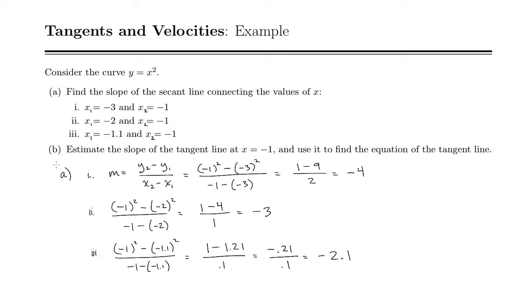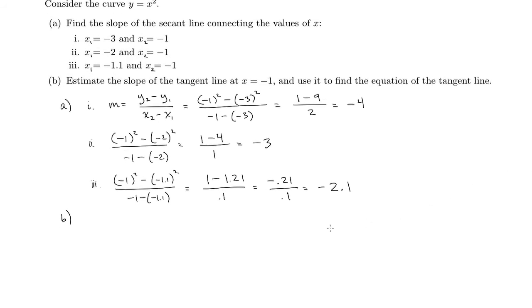All right, now for part B, we're going to estimate the slope of the tangent line at negative 1. So notice we've always had negative 1 as a point, and then we've been taking other points closer and closer to negative 1. And so we want to know, what are these numbers approaching? And it looks like they're getting closer to negative 2. And so we're going to estimate our slope to be negative 2, and then we're going to find the equation